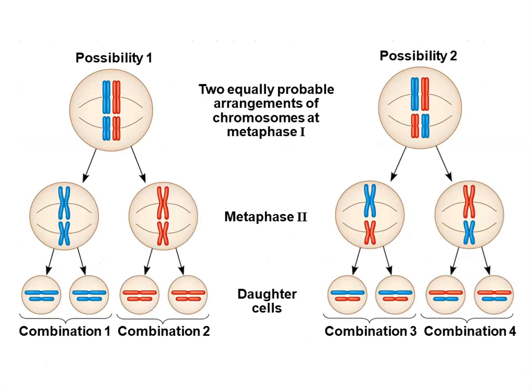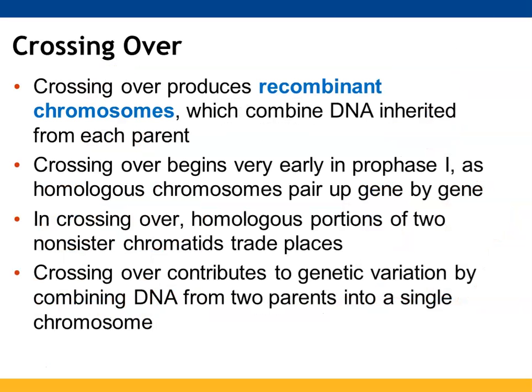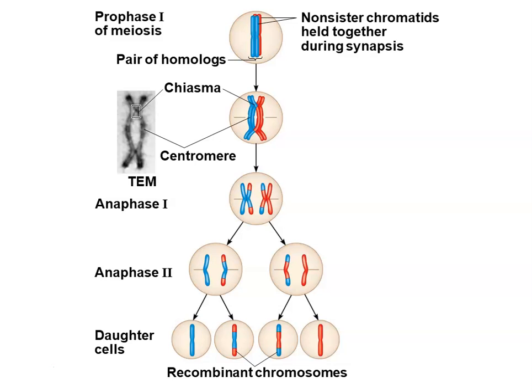All right, and so there you can kind of see some possibilities. Sometimes you could have both of mom's go together or both of dad's, and sometimes you could have one of each. No rhyme or reason. Crossing over is where we have the pieces of the chromosomes basically switch. They trade places so that alleles that were with mom's chromosome initially are now with dad's. Due to them lining up by genes and having the synapsis take place, that too can add to genetic variation with the recombinant chromosomes that are formed.